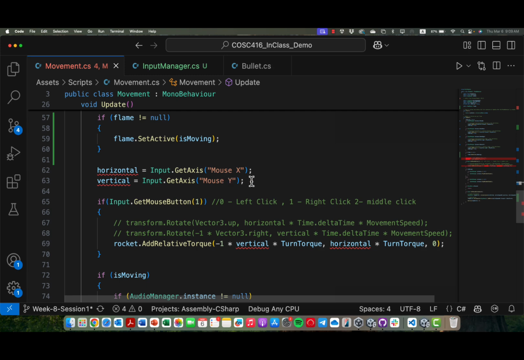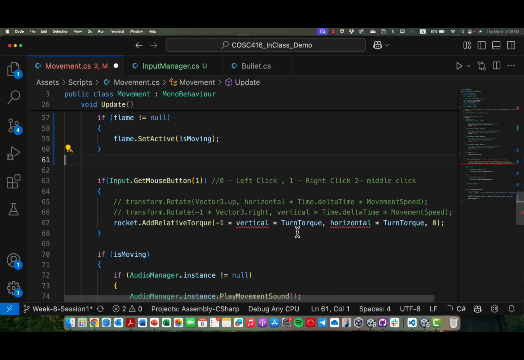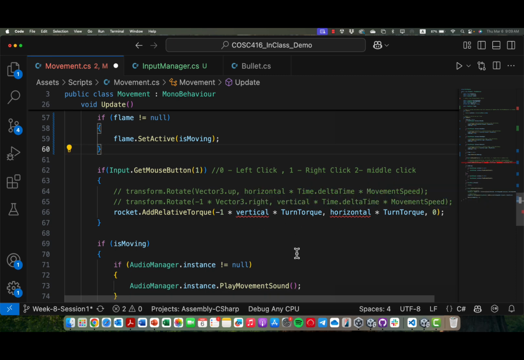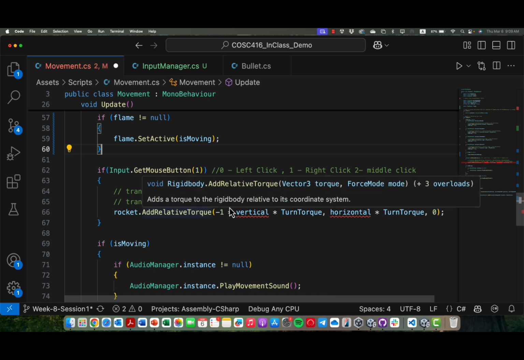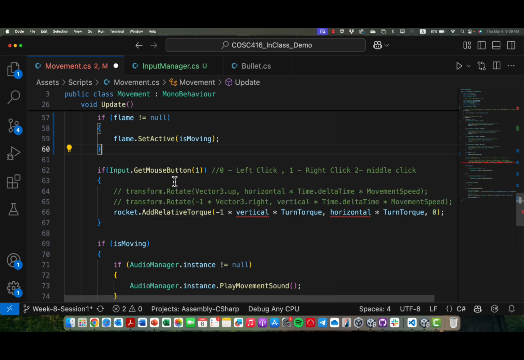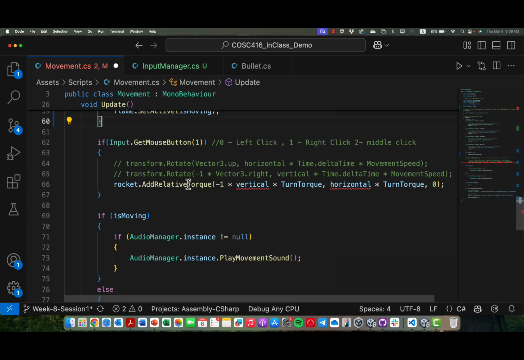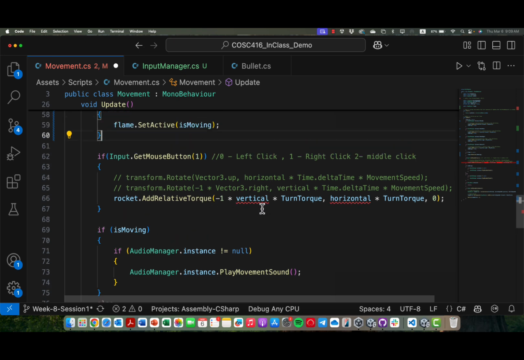Next, we're going to remove these two lines for horizontal and vertical, since we have them already defined inside the input manager. But that means we're also going to adjust some of these scripts here inside the get mouse button for applying the relative torque, using those vertical or horizontal values. So what we're going to do here is